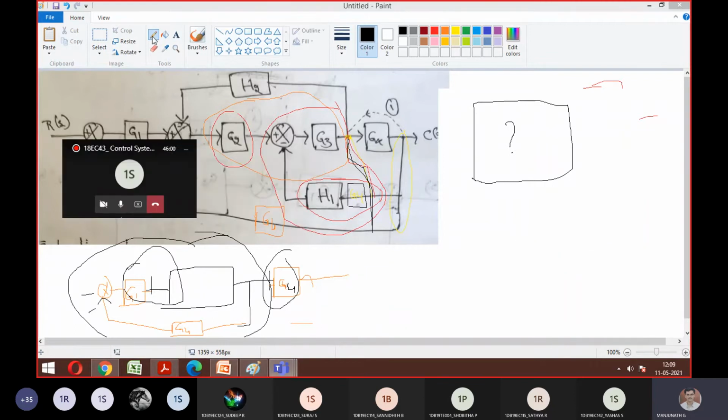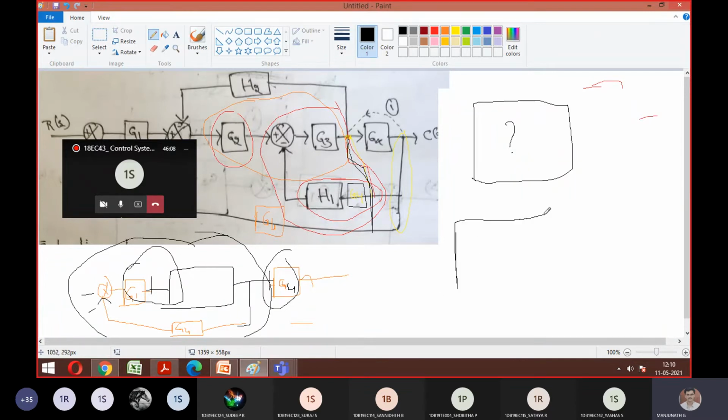Everyone, apply the feedback path and tell me what this complete answer is equivalent to. You simplify by taking the LCM of everything. So now it looks like this. This complete answer is in cascade with G4. This is the last step we are supposed to do, so output over input, R of S and C of S.